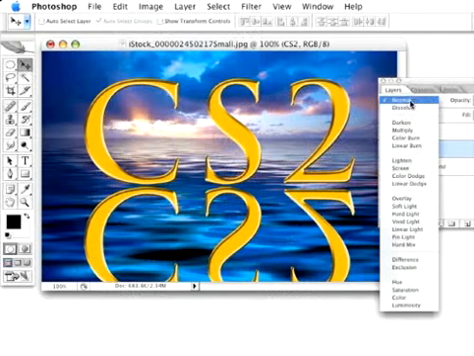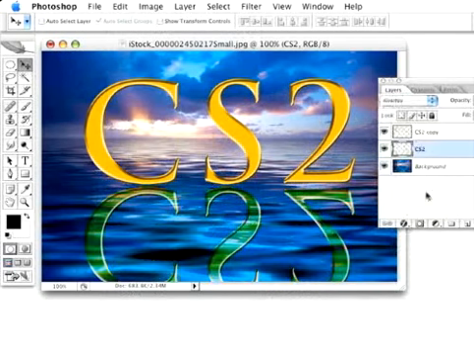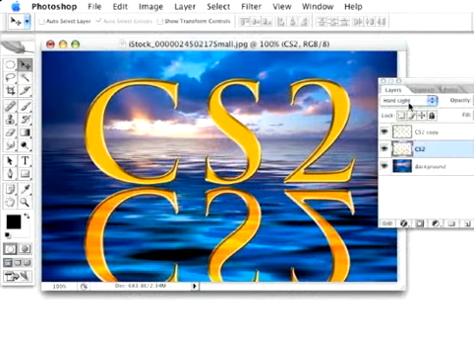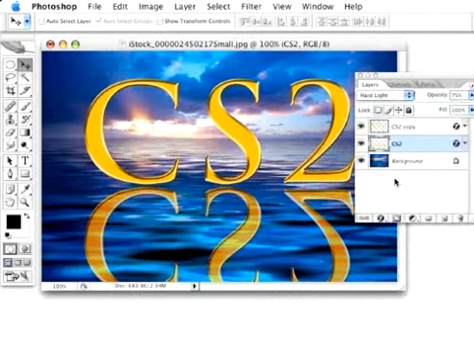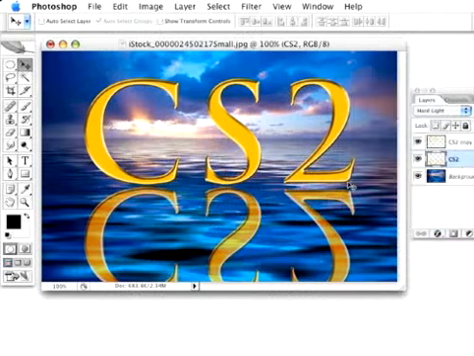And now I'm going to change this layer's blending mode to perhaps overlay. Not quite what I want. Let's do hard light. And drop that opacity down to about 75. Okay. We're going to go ahead and apply our displacement map. So with that layer active, we're going to go under Filter,